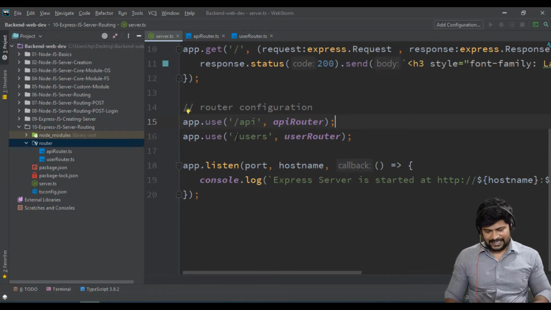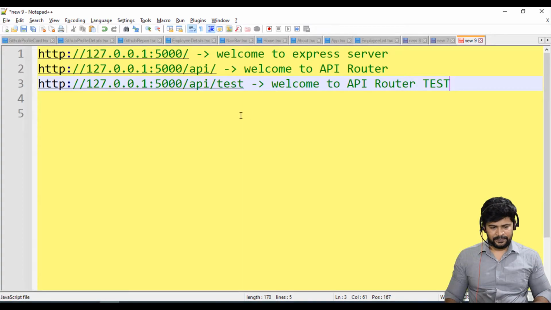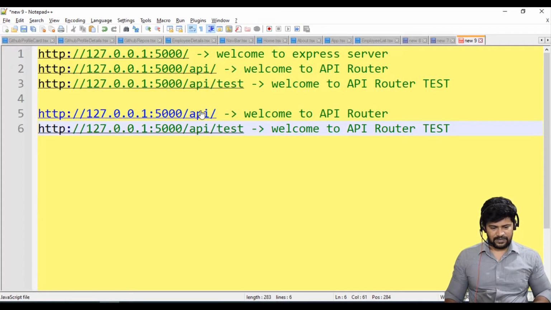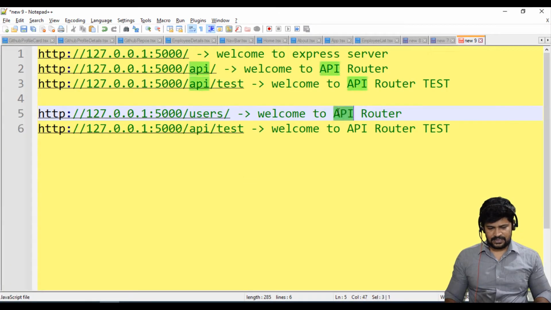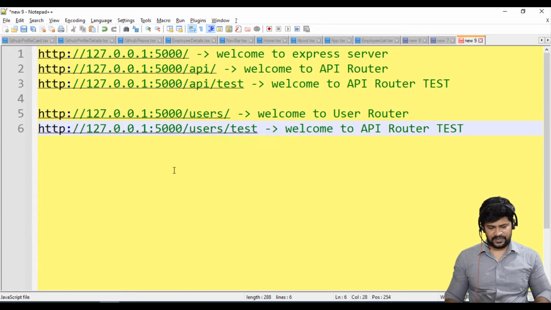When you make slash users, then only this is going to work. So this will be user router. And if I say users slash test, then it goes to user router slash test.